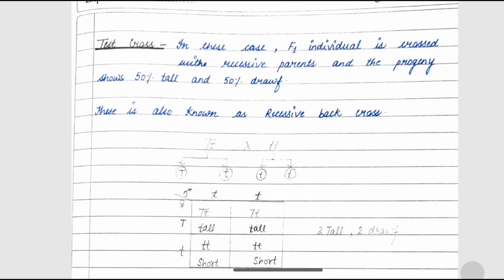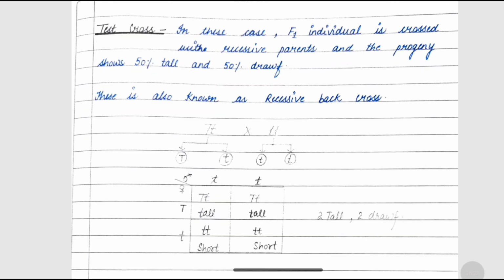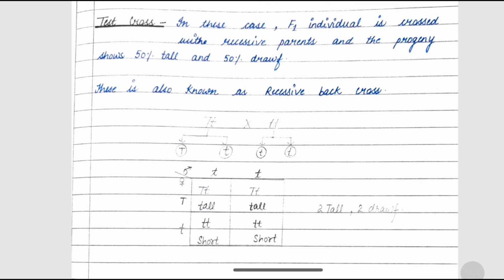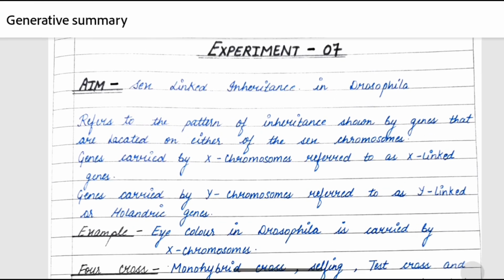And in test cross, in this case the F1 individual is crossed with the recessive parent and the progeny show 50% tall and 50% dwarf. This is also known as recessive back cross. You can see in this, 50% is tall, 50% is dwarf. Then in the 7th experiment,